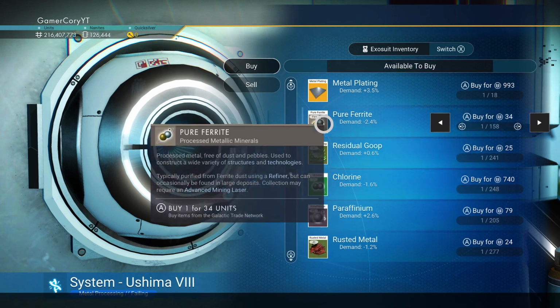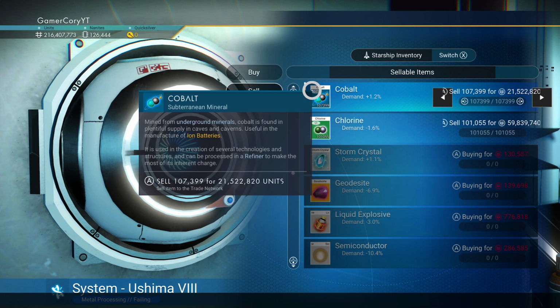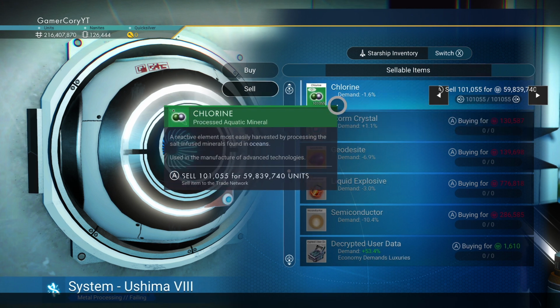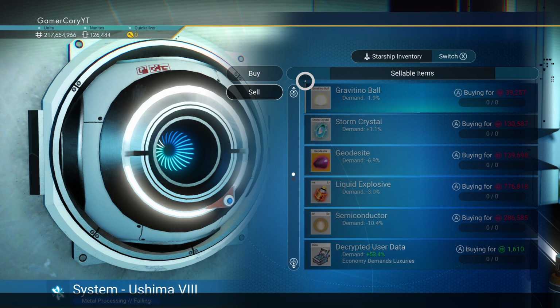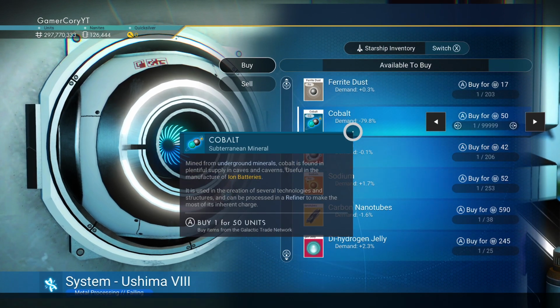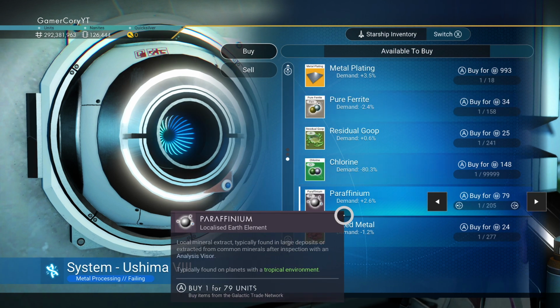So what we're going to do is we're going to go to sell. And everything looks like it's in my ship. So we're going to sell both of these now for $80 million, okay? We're gonna sell all of it. We're gonna sell the cobalt, and we're gonna sell the chlorine, and then we're gonna go ahead and buy it all back. So we made 80 million, and then so that's 75 million, and then we're not even gonna really count that, so we'll just say 75 million profit,